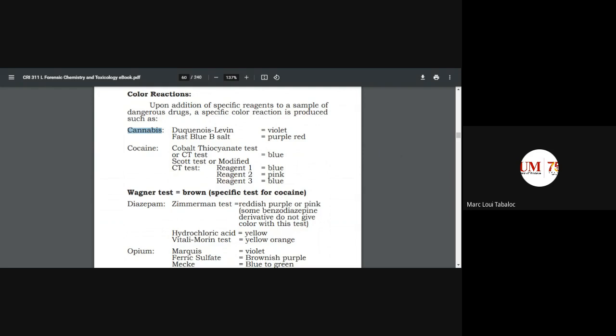Pag ang specimen is presumed or suspected na merong cannabis, of course, once you put a content ng reagent for Duquesnoy-Levin test, magkakaroon ng positive confirmation na may cannabis content ang specimen pag yung specimen would turn into violet. Ayan. Kung fast blue bee salt, of course, kung may presence ng cannabis, it would turn the specimen into purple